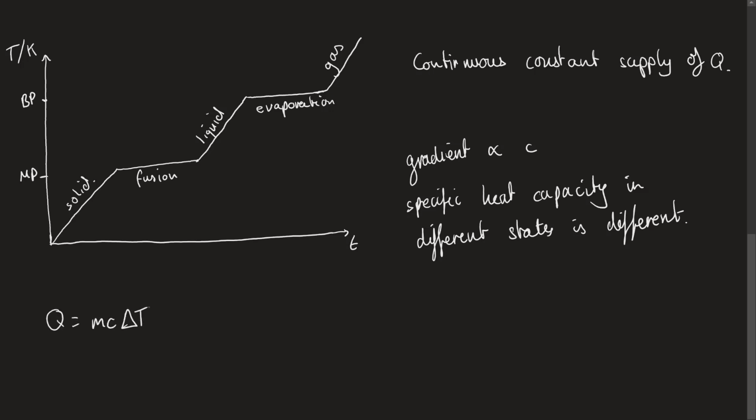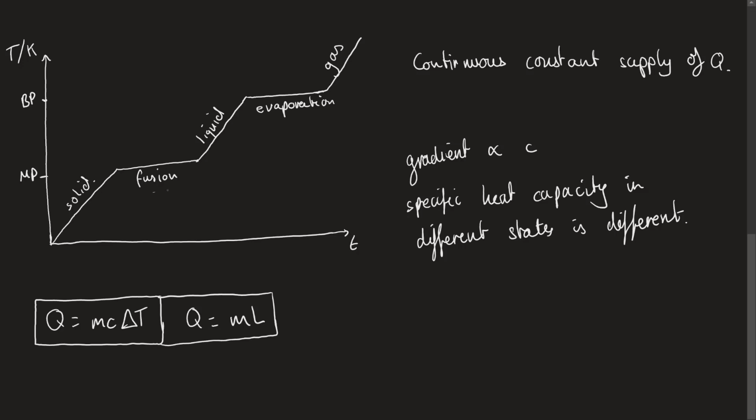So the things to take away from this video are that we can define a specific heat capacity, and we then formulate this formula, which then tells you how much energy you would have to put in in order to increase the temperature of a substance by a certain amount. Then we have this defining the latent heat capacity as the amount of energy required to actually change the state of that substance while at a constant temperature. And we need to then be able to figure out that we can have latent heat of fusion, we can have latent heat of evaporation, and the specific heat capacity in different phases will always be different, even for the